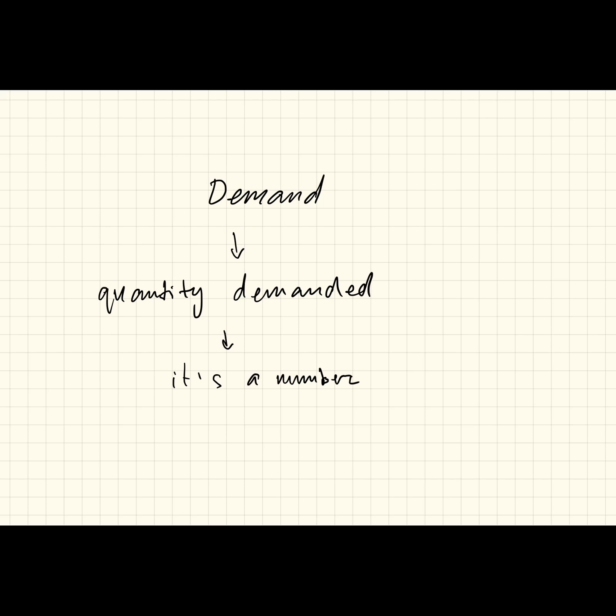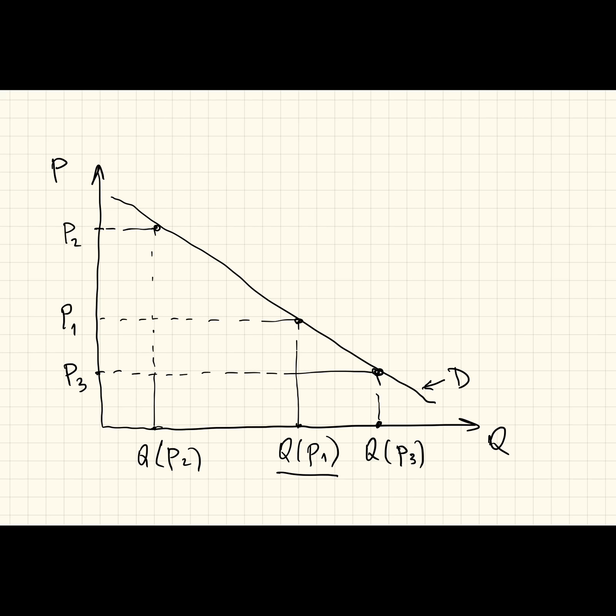So we know that these numbers are affected by various things, right? So what will affect the amount of stuff people are buying? And the first thing on our list is price. And what we're going to do now is see how price affects quantity demanded. So this is what this